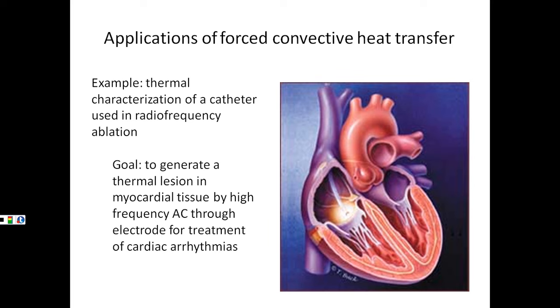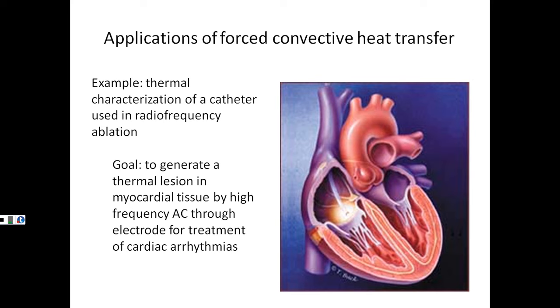So there actually is an application where they're using a catheter to ablate tissue in the myocardium by applying a high-frequency current with a little electrode. So if you have cardiac arrhythmia and you have misfiring of some of your pacemaker cells in the cardiac tissue, you can actually zap a little location of it and change those spiral electrochemical waves that form by basically perturbing the geometry of those firing cells. So the goal then is to come up with a catheter that can wind its way into the heart, zap a location with this high-frequency current, thermally ablate the tissue, and then correct the